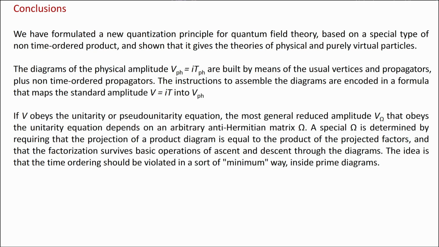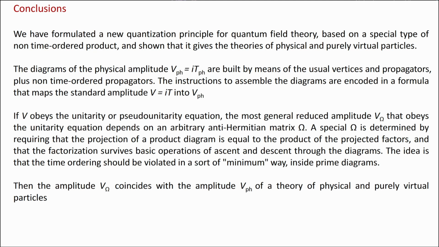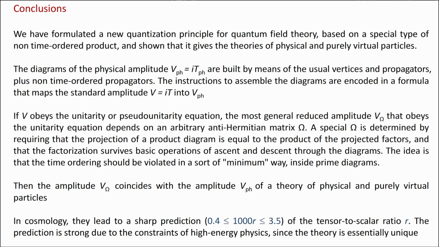A special omega is determined by requiring that the projection of a product diagram is equal to the product of the projected factors, and that the factorization survives basic operations of ascent and descent through the diagrams. The idea is that time ordering should be violated in a sort of minimum way inside prime diagrams only. Then the amplitude, V omega, the physical amplitude, coincides with the amplitude of a theory of physical and purely virtual particles. Finally, in cosmology, what we have done leads to a sharp prediction for the tensor to scalar ratio R,